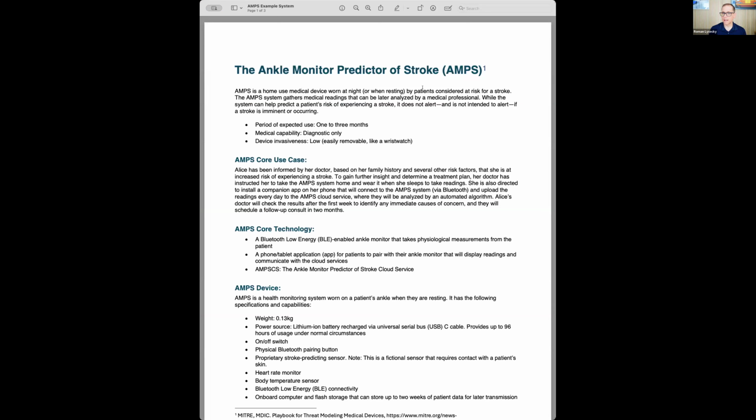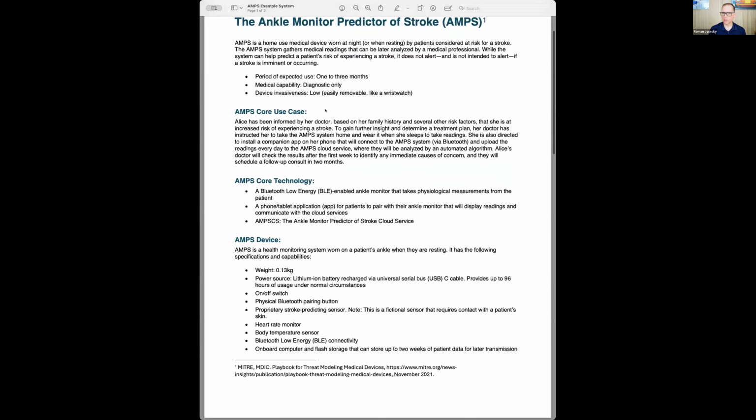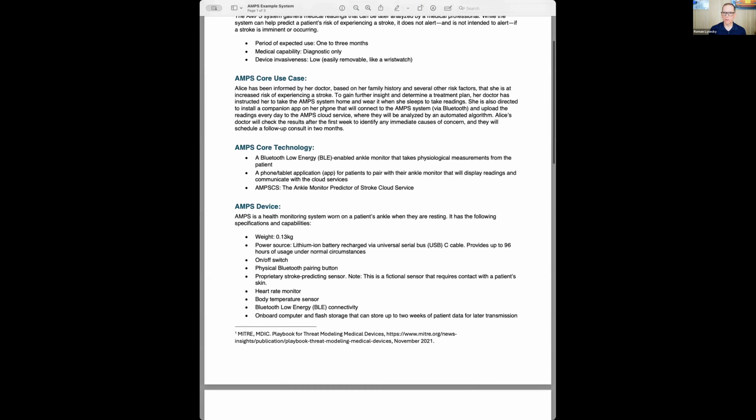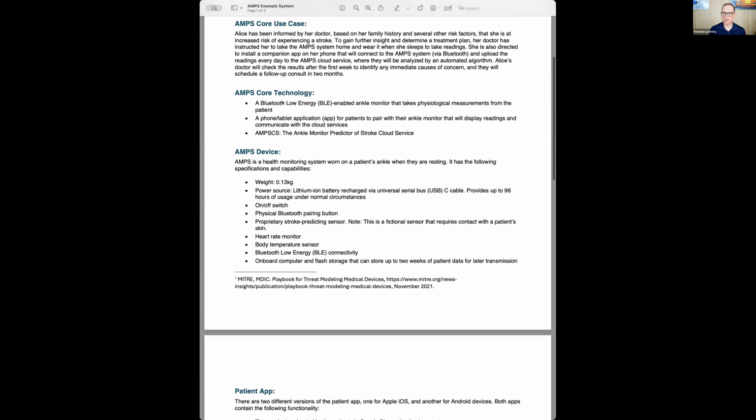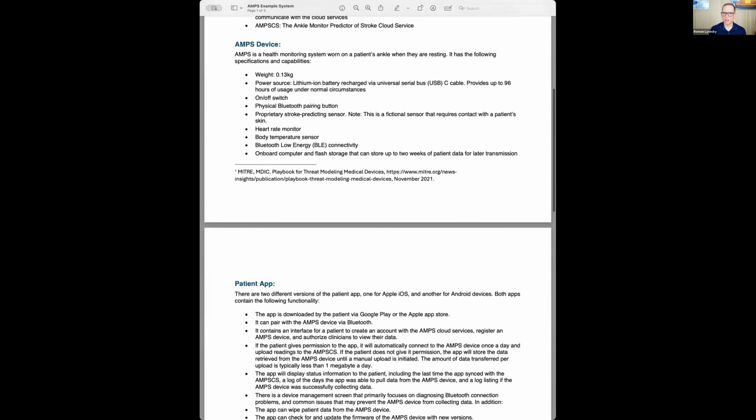So this is that same example system, the ankle monitor predictor of strokes. This comes from the MITRE Playbook. But we've removed the commentary that's in the playbook around the threats. We've removed the diagram showing the threat boundary. So this is really the subset of it that just describes how the system works and what its main components are. So the core use cases, the technology for what's in the component,